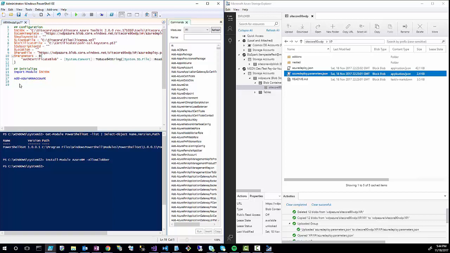So next, we want to set our Azure RM context, which is where we're going to specify our subscription ID. And this is where the subscription ID will come in, which we'll specify here in a second. Just making sure I got this right because it didn't tell me anything. Anyways,